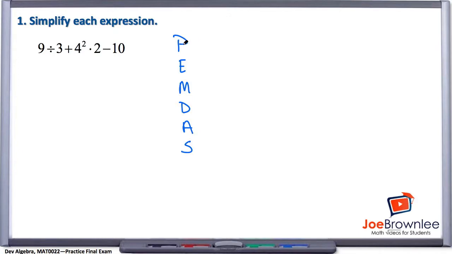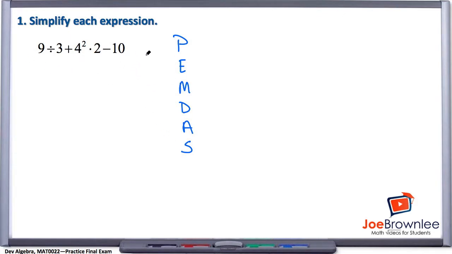So you have, please excuse my dear Aunt Sally, right? That's an acronym that we use to help us remember parentheses, exponents. We have to multiply and divide, and we multiply and divide from left to right. And then we add and subtract. Again, addition and subtraction we perform from left to right. So let's take a look here at this given expression, use the order of operations, and see if we can't